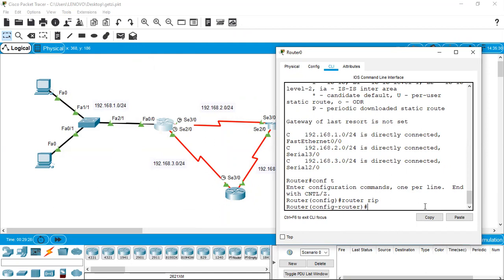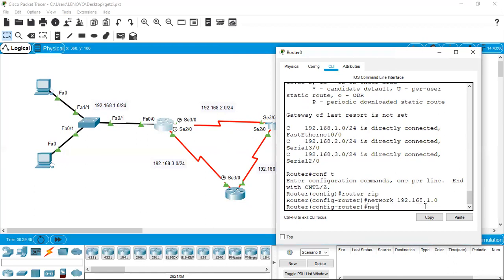The immediate next command is you are supposed to advertise the connected networks. The command is very simple, network, which is the first connected network. You will agree that 192.168.10 is one of the connected networks. What is the other connected network? 192.168.20. This also will help you to understand.